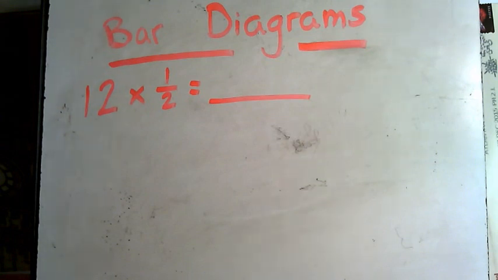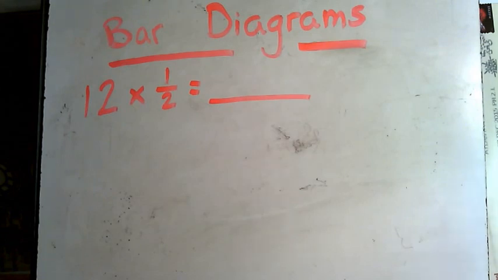Remember, today we started to move away from adding and subtracting fractions and into multiplying fractions. And we started off by looking at multiplying a fraction times a whole number using the model known as a bar diagram. So I've got a problem up here, 12 times 1/2. And I'm just going to go through the steps that are in your notes of how we use bar diagrams